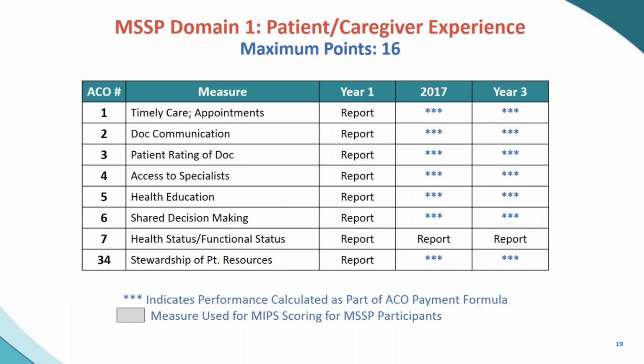In looking at the ACO reporting, as you know, there are 4 domains that go into your ACO score. So the first one is basically your CAHPS score for your patient satisfaction survey. We don't need to worry about that. That does not go into your MIPS scoring. It's something that will be done regardless by the ACO.